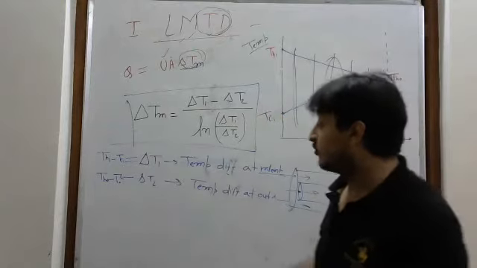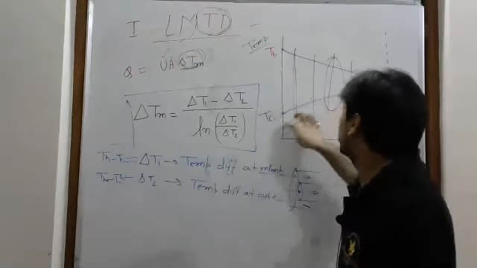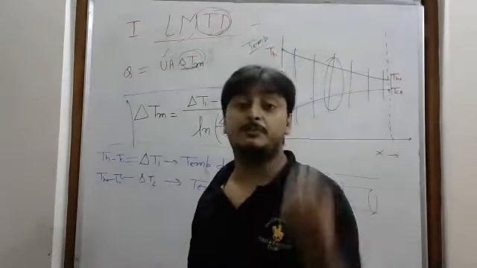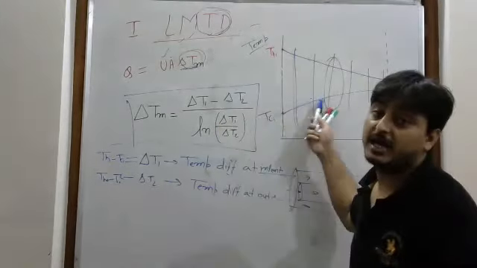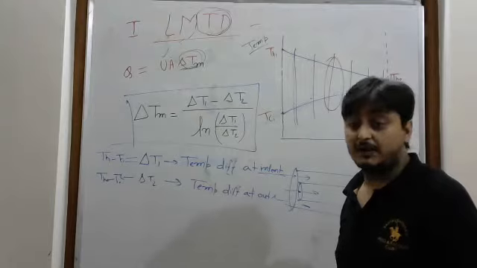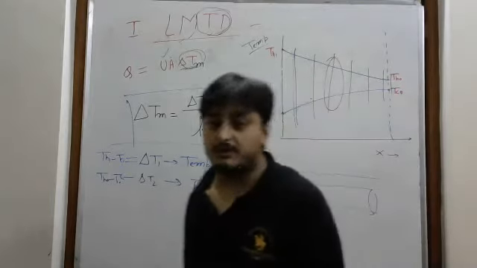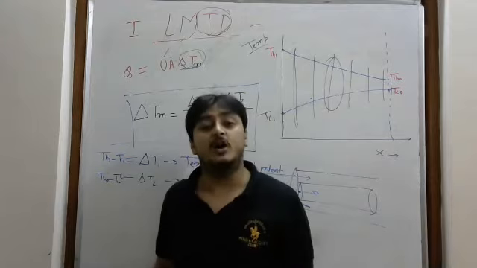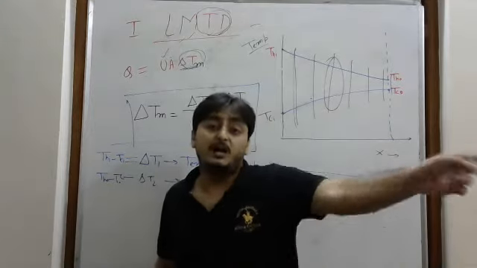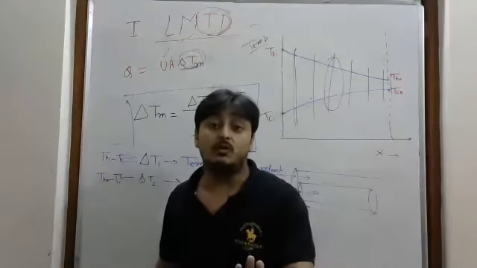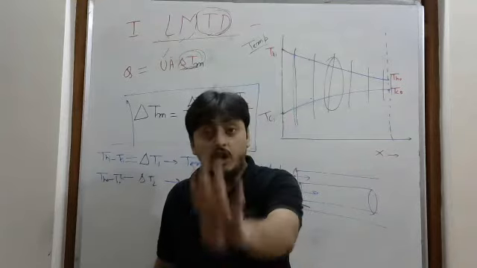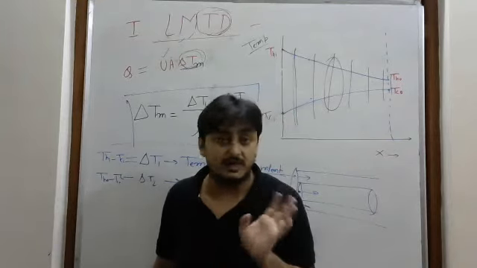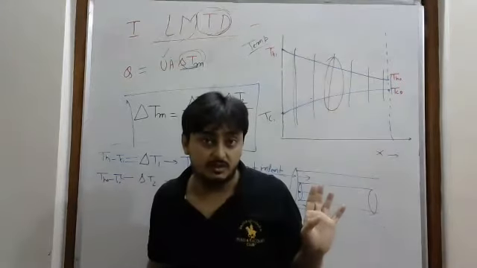So for finding del T1 and del T2, what do you need to find? You need to know this value, this value, this value, this value. If you know all four temperatures, then you can apply this method. But they will not always give all four temperatures. They will give some other data also, and from that data you can find the fourth temperature. But anyhow you need to know all four temperatures, then you can solve the problem with this method. Otherwise you have to apply the effectiveness NTU method.